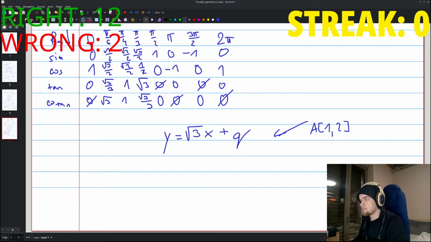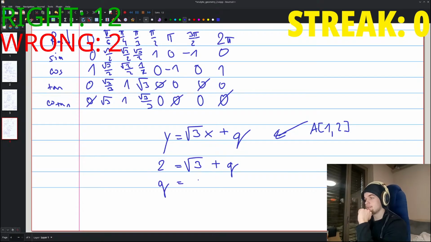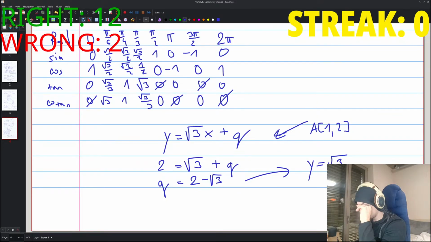And just input that in there. So we get 2 equals square root of 3 plus q. Oh god. So we get q is equal to 2 minus square root of 3, which I don't know if there is a good way to calculate this. Which leads us to y is equal to square root of 3